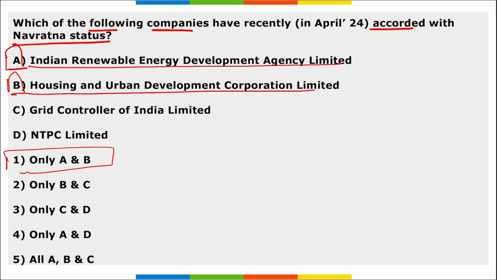These are the two organizations that recently got the Navratna status by Ministry of Finance. And IREDA's profit rose by 32% year on year to 337 crore rupees. Correct? Next